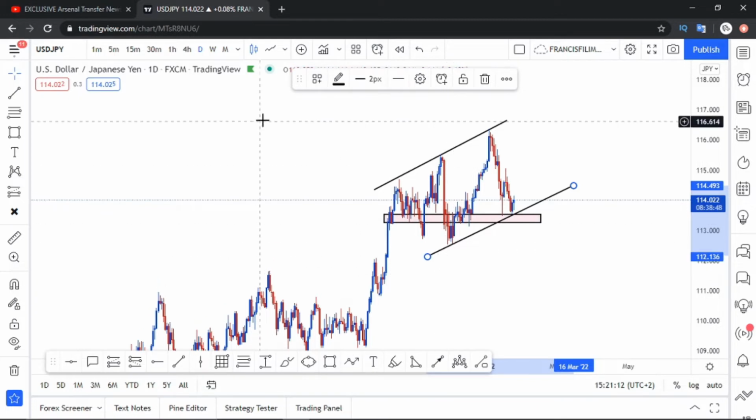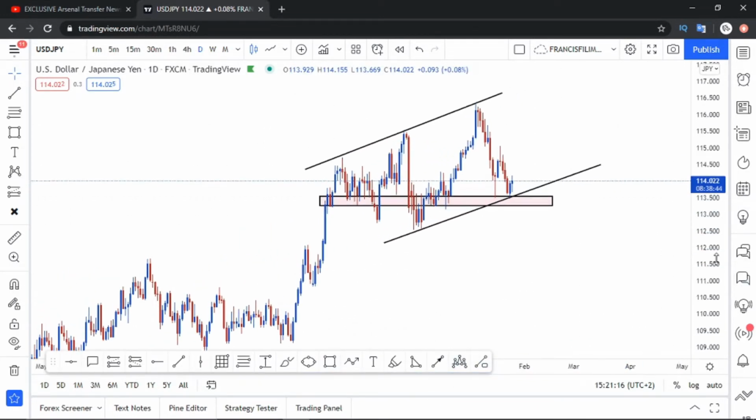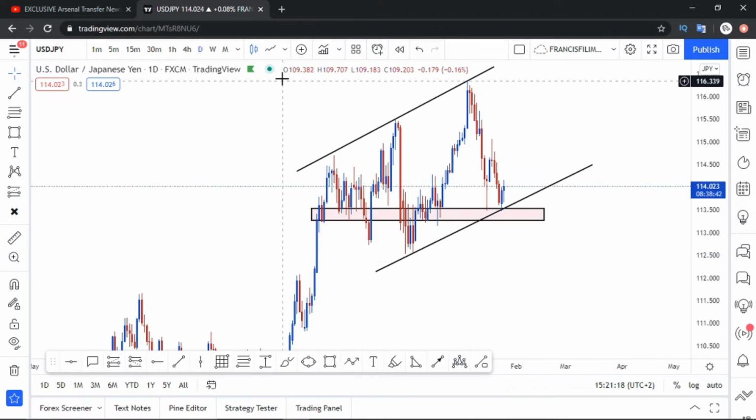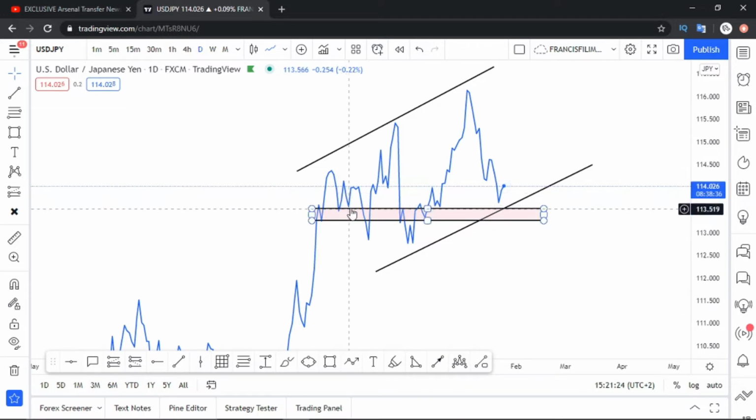As you can see, there are touches here, guys. There are touches, there are reversals, and a lot of rejections in this area. I can move to line chart so you guys can see properly. You can see the market came here, reversed, the market came here again, reversed, and then the market came here again, reversed, went up, came here again, touched, and now the market has come back here, guys, and we are